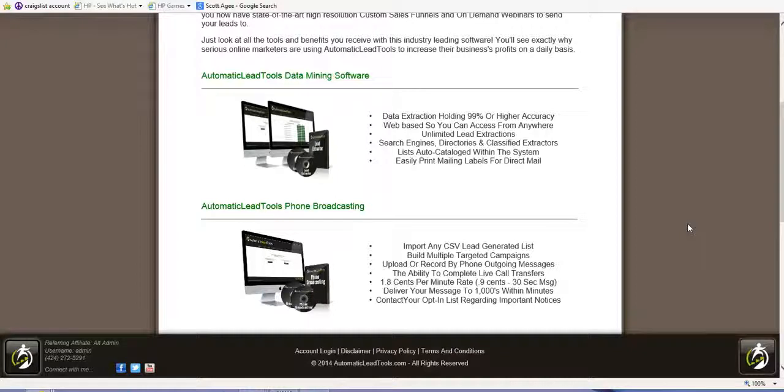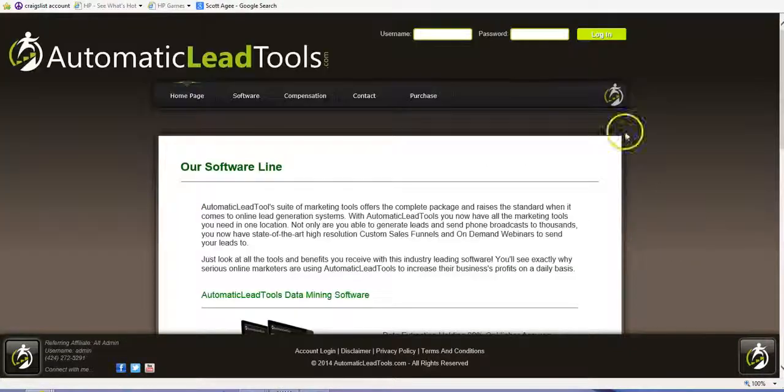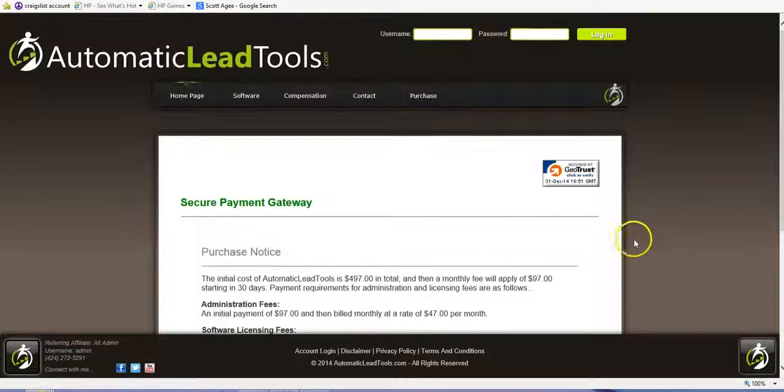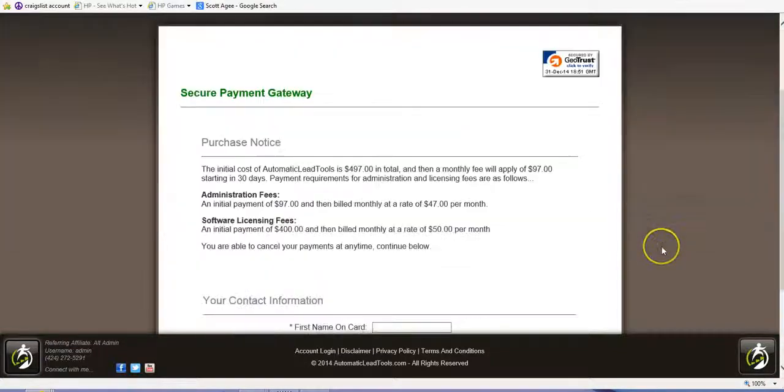So if you're ready to get started and ready to change your views on work, be able to work your own hours when you want, wear whatever you want, just take the calls and close the sales. If you're ready for that, ready to make that money, go ahead and click below. It's time. Click and get started. Once you click, like I said, it's going to take you here. Simply click purchase and complete your purchase. Once you've completed your purchase, it's going to immediately give you access into our software and access to our call center so you can start getting inbound calls and closing sales.